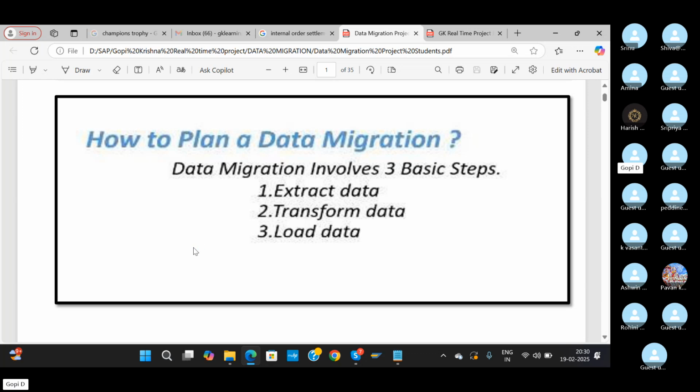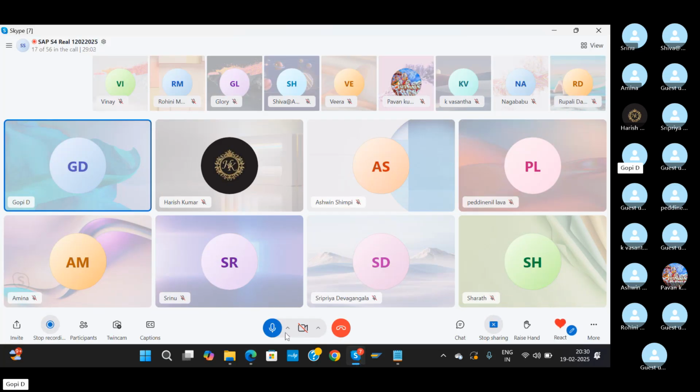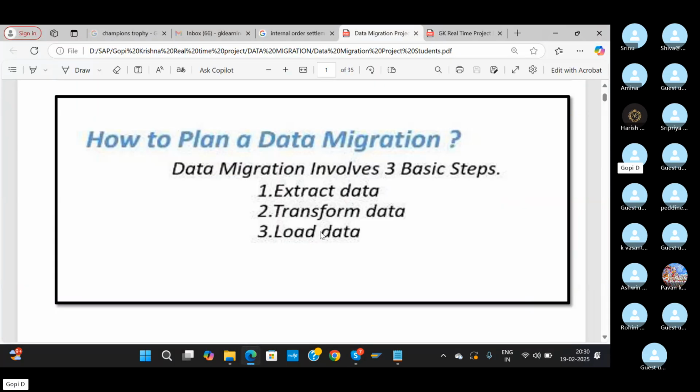Again, we have purchase info record master data. So likewise, we have different types of master data as well, my dear friends. So based on the different types of master data, once the Power BI team has given the data,